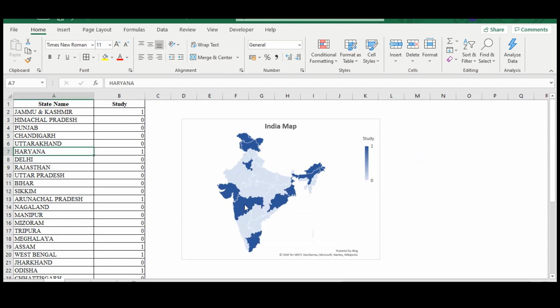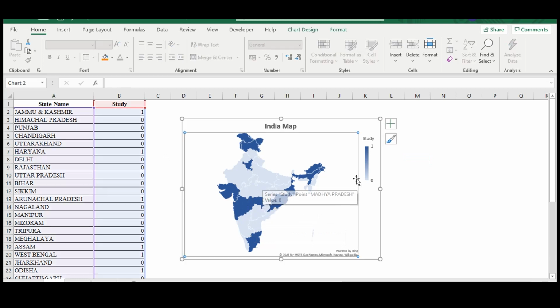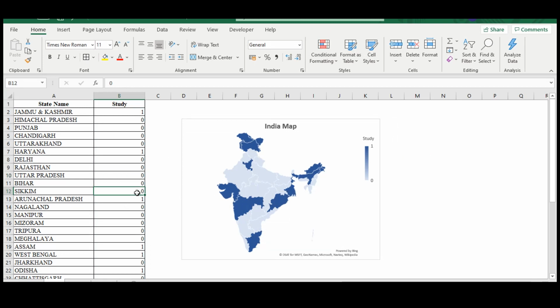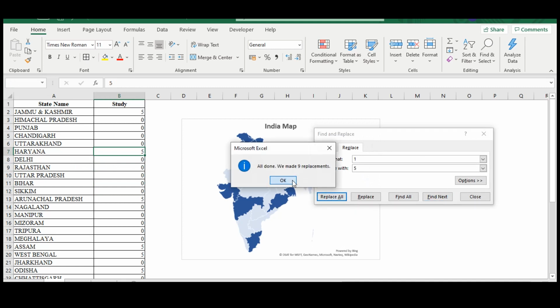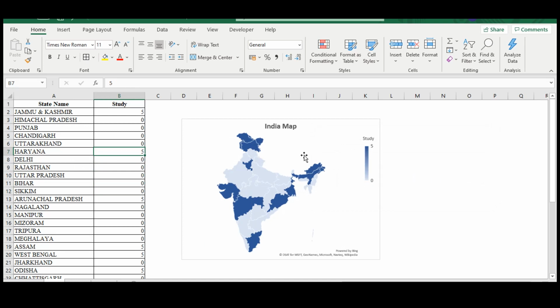Now in this case, I have two categories. One which is my project state and the other which is not my project state. So the value ranges from 0 to 1. I assign the value 1 for all my project states and the non-project states take the value as 0. So whenever you want to plot your data on a map, always ensure that you assign different values. Now it need not be 1, you can also assign 5. Now I can make all the ones as 5. And you can see the map doesn't change. So you can assign any value and plot your data.